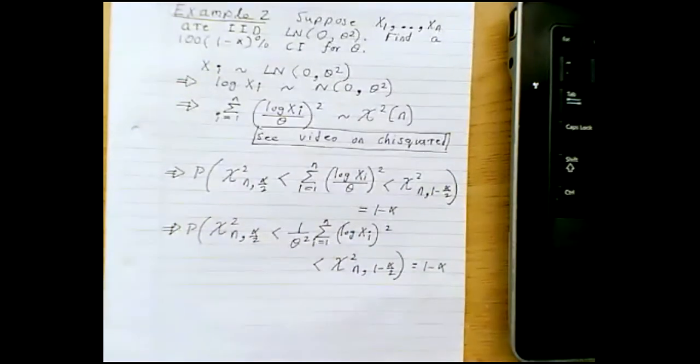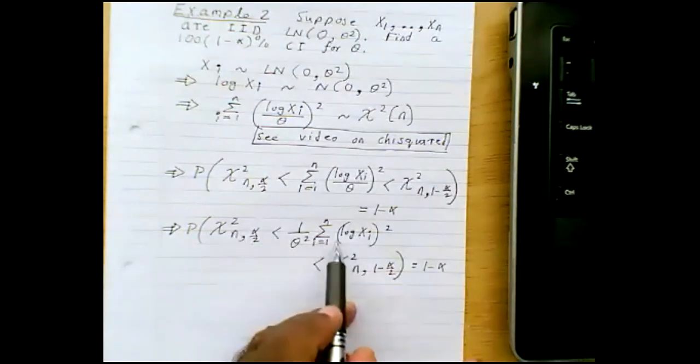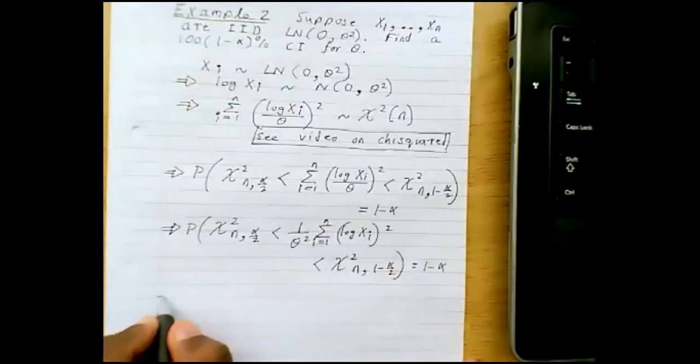Okay, and next I'm going to divide each term within the brackets by this, which is a positive quantity. So this will become